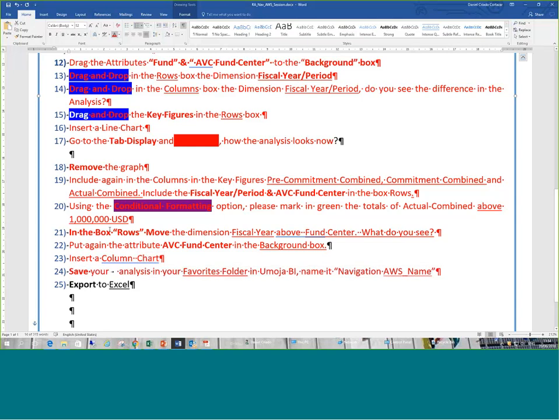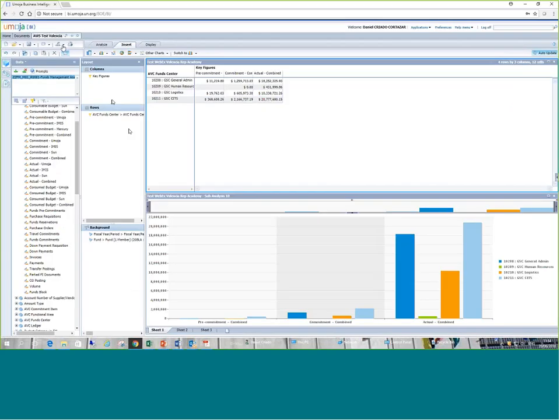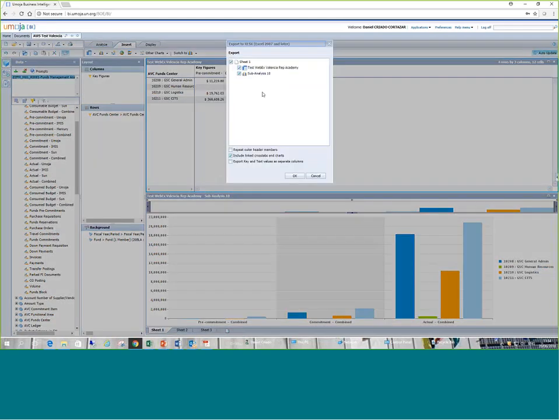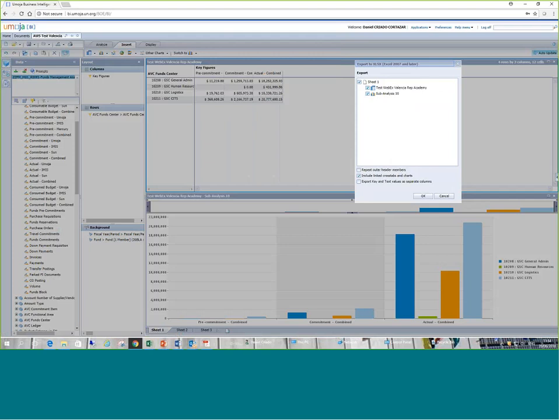Right. And the last point is how to export. The same icon, remember, as in the Web Intelligence reports. Export data to Excel. You click there and you can export to PDF or Excel. Again, the system is telling you, okay, in sheet number 1, which is this one, I find 2 items. First, a test WebEx Valencia Reporting Academy, which is this window, this report, and then a sub-analysis, which is a graphical view,